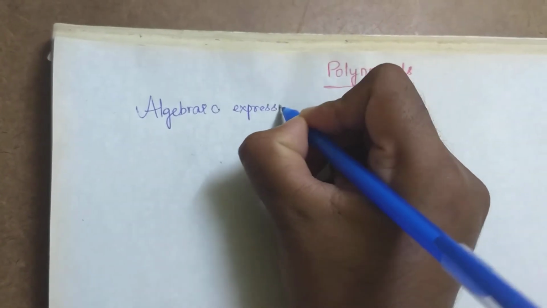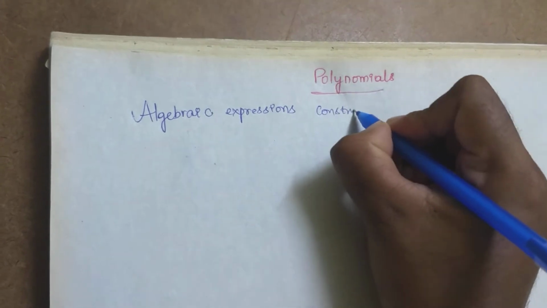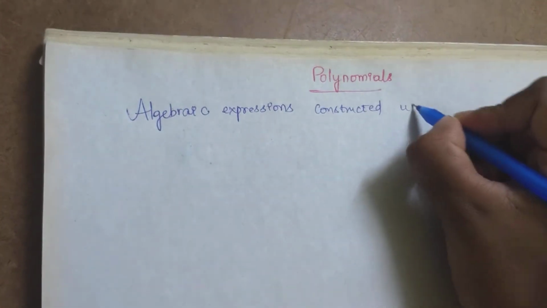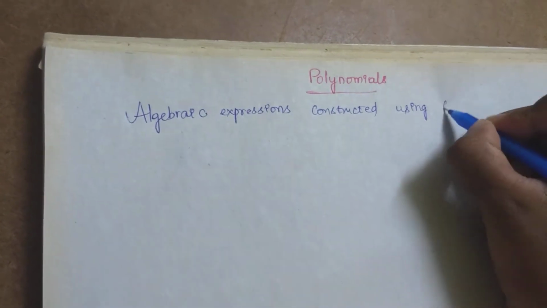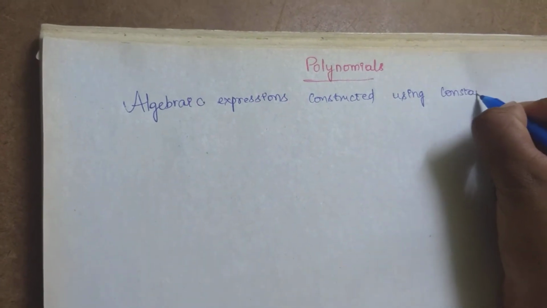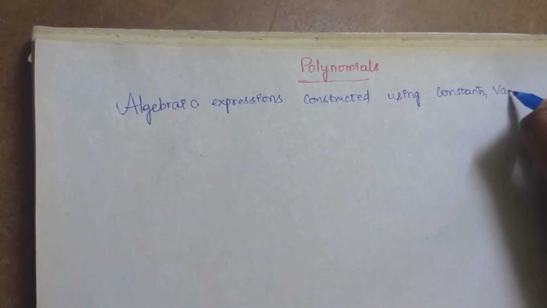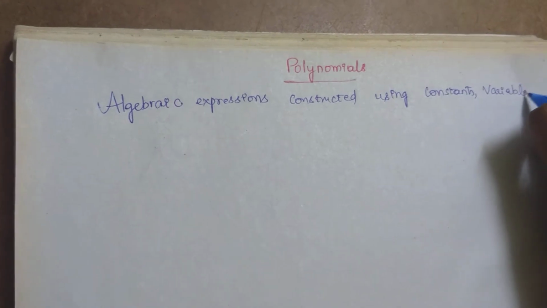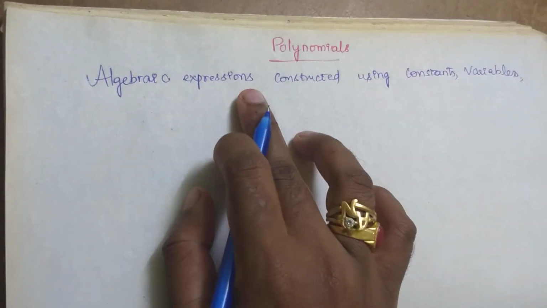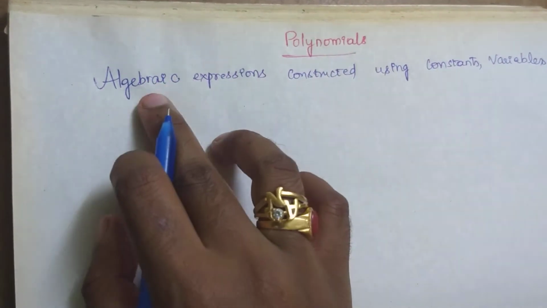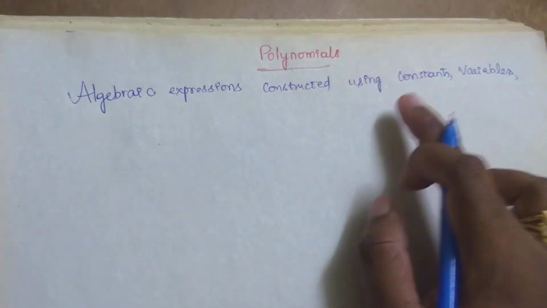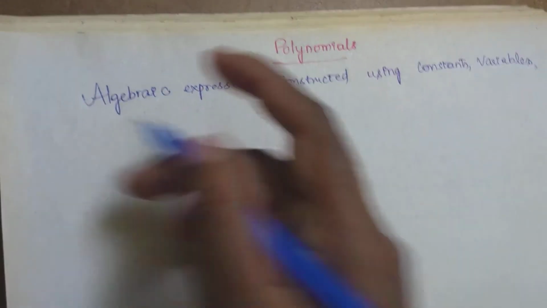expressions constructed using constants, variables. Polynomials are algebraic expressions constructed using constants, variables, where